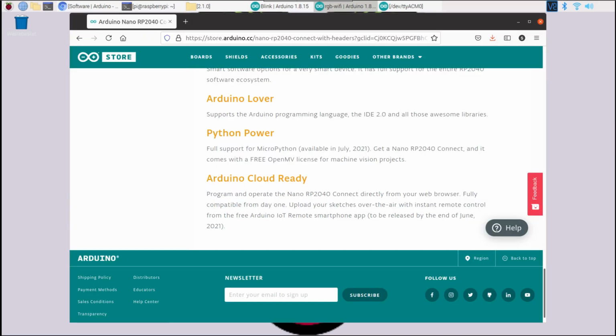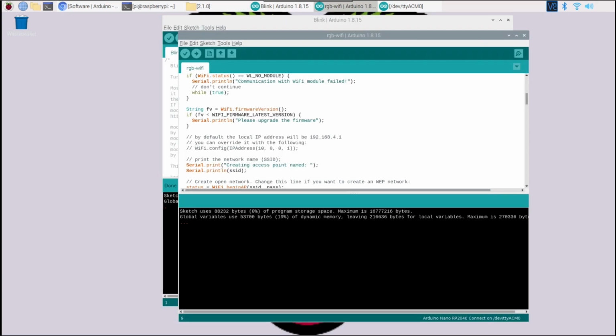However, the Arduino RP2040 doesn't have its own MicroPython yet, and the Arduino have said that they're hoping to get Python support available during July 2021. So if you're watching after this, then hopefully that's there already. But in the meantime, you can probably use the standard Pico image, but as it doesn't have support for any of the features of the board, you're kind of defeating the point of getting this Arduino version. But it sounds like it's going to be well worth waiting for this official version. Hopefully in July I'll be able to revisit this using Python,